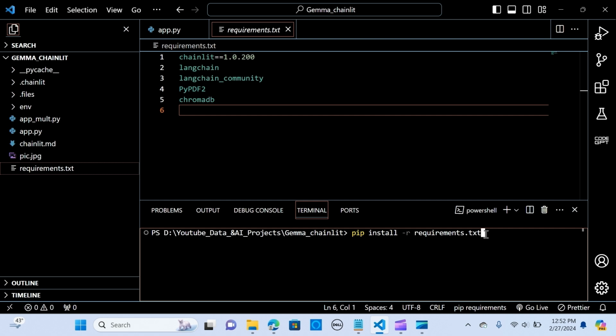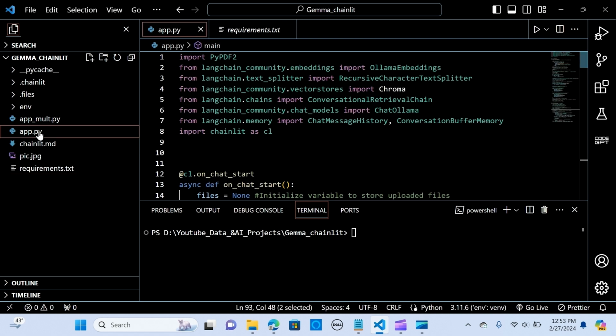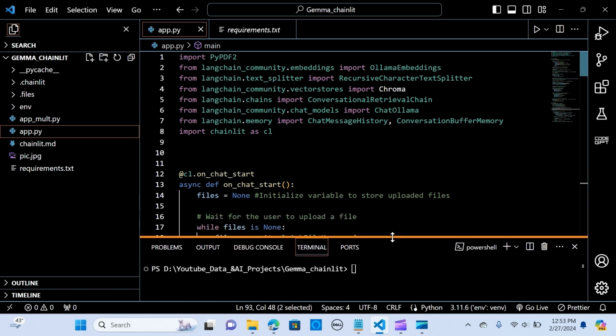Right. So I already have that installed, so I don't have to do that again. So I'm going to clean this up, and we get to the app.py. Right. So in here,